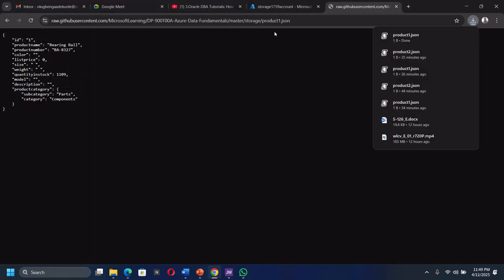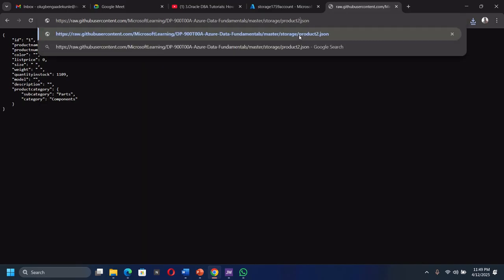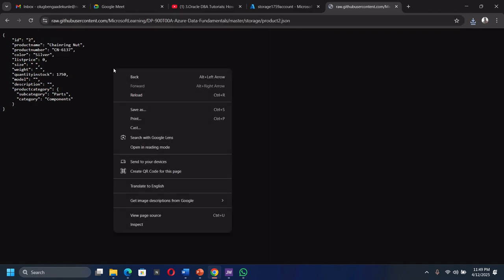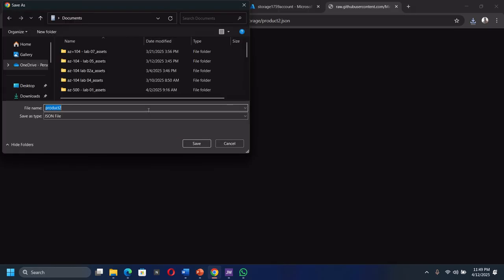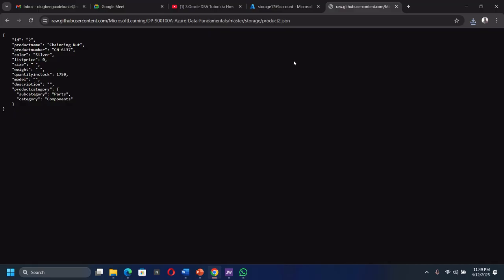So I'll click save. Now there's another one I'm looking for, that is the product 2. Then I'll press enter and I'm going to right click and also save it. You can see product 2, so I will save. Now that I have the two files that I need to test run the Azure storage account,